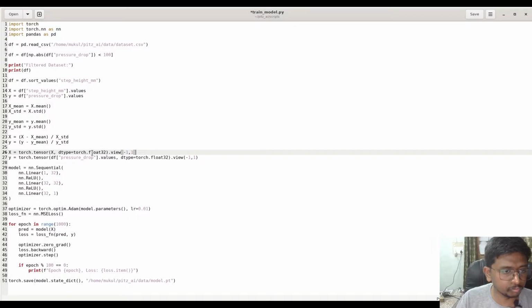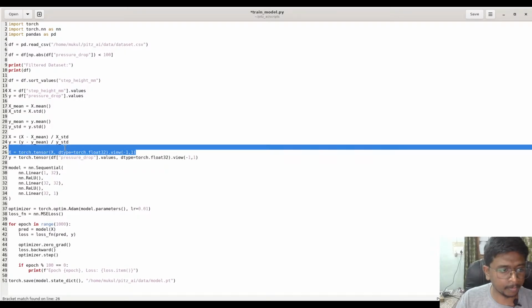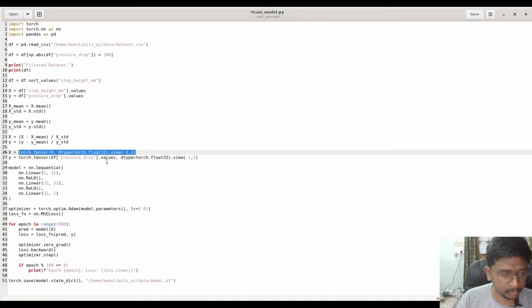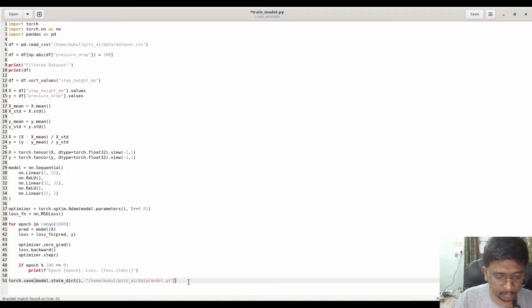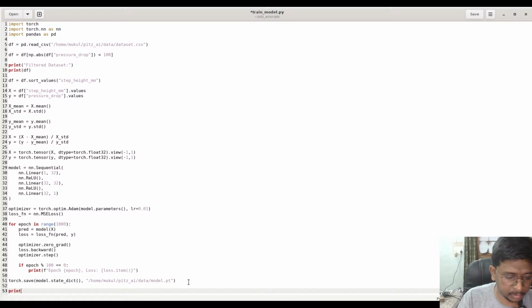Okay, similarly we are going to do it here also for y. All right, then our model, that is the same. Then optimizer, loss, epoch. Okay, we have done the training part also, and then we will print